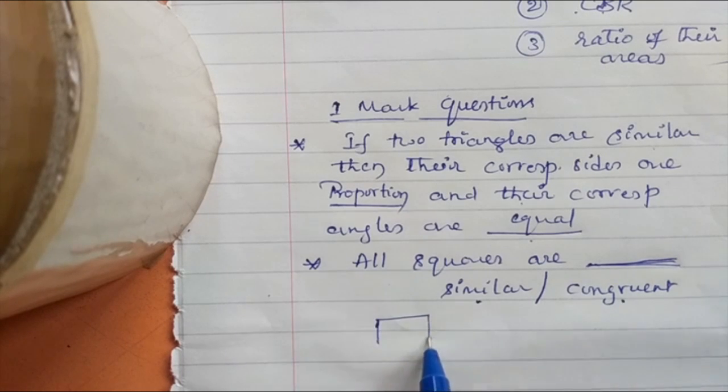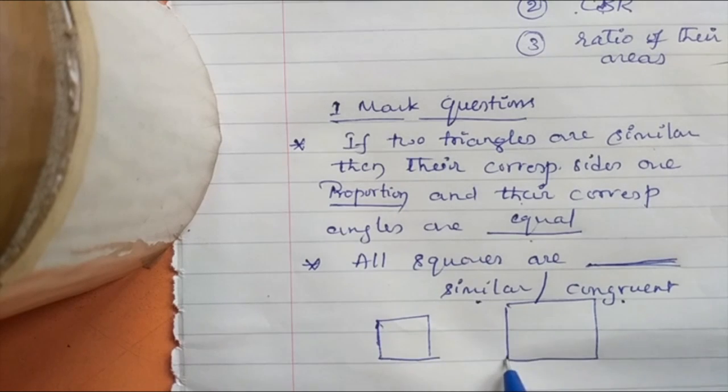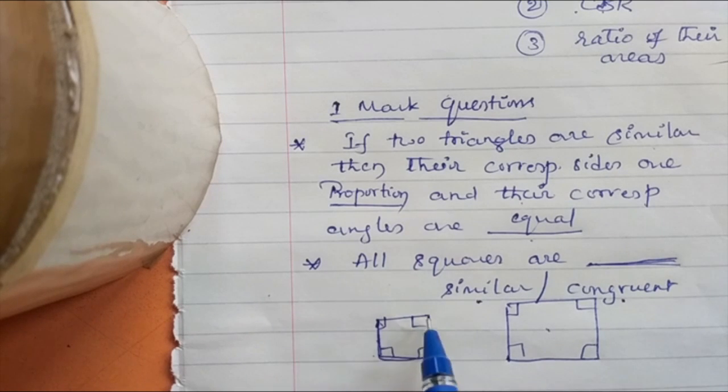If I take two squares, one smaller and one bigger. You know the properties of a square. In a square, all angles are 90 degrees. This is also a square, no? So all angles are equal, 90 degrees. Here this is a square, all four angles are 90 degrees. Of course, this square has all four sides of 2 centimeters in length. This is the bigger square.